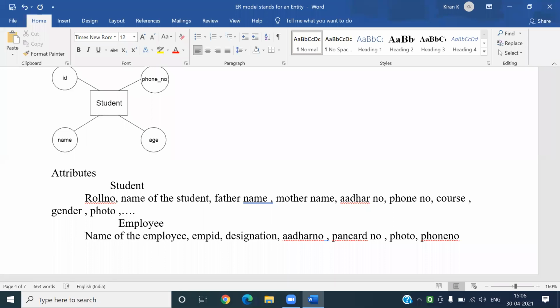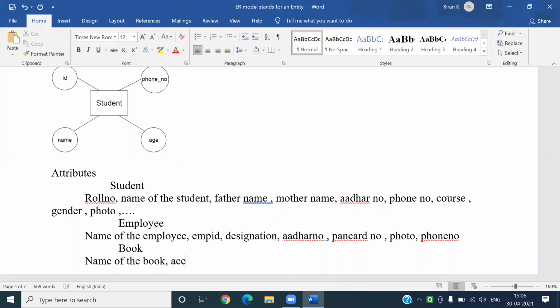Suppose you take book, book is again an entity. Name of the book. If you go to a library, every librarian gives an ACC number, accession number, for every book.